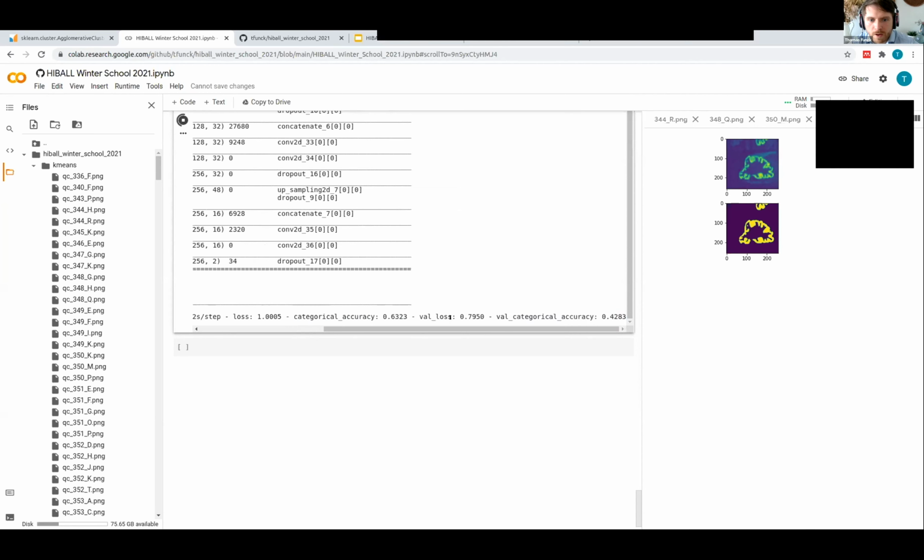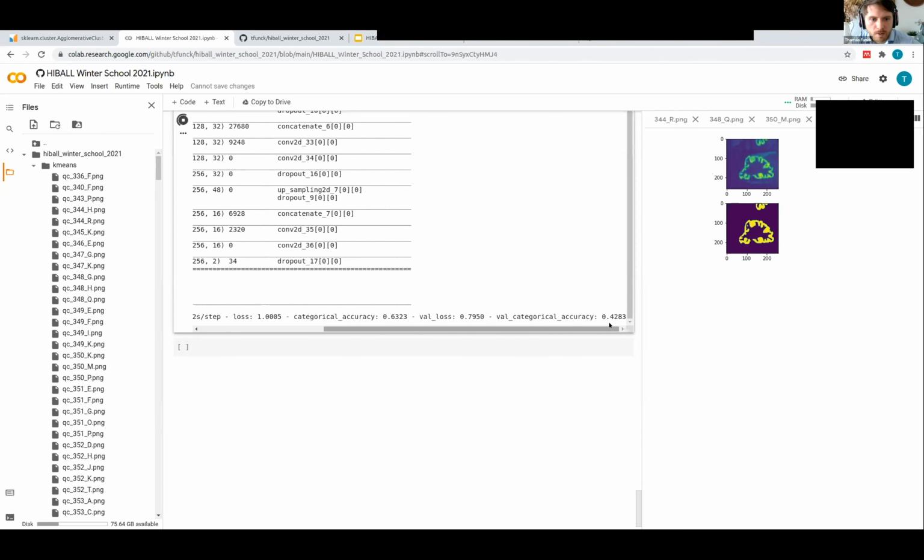And here we have the validation loss and metric. So basically after the training, the model will be applied to a certain subset of the data that is reserved exclusively for validation. And so here it gives you the validation loss and the categorical validation accuracy. So the fact that this is much lower than this is a little bit worrying, because basically what that means is that the network has maybe overlearned on the data that it has,